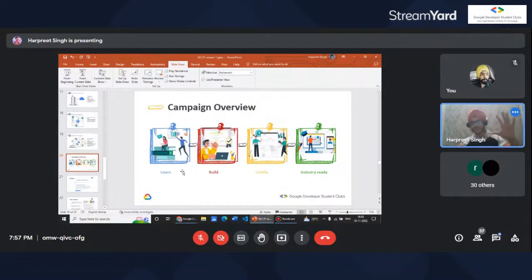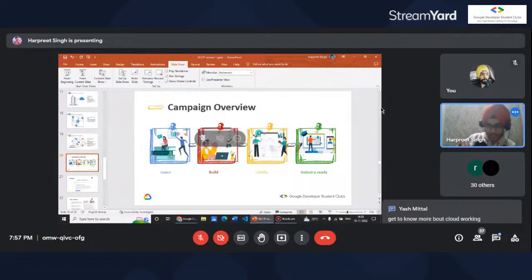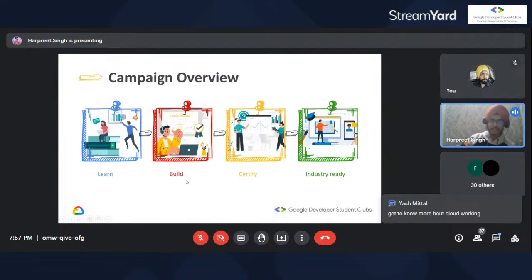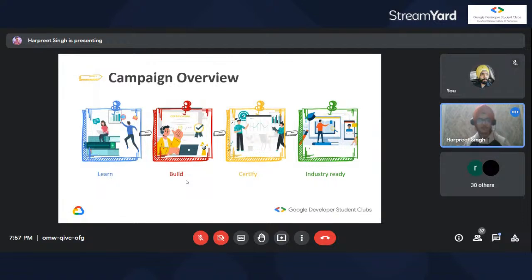Again, along with learning, you will be able to build the things. Along with learning, you will be building the things along with the labs which have been given to you in the syllabus. So we'll take a look at it later in the later half of the session. You will be building the things. You will get certified for whatever courses you do. What if you will be able to do the whole pathway? You will be certified for that. If you are just doing some courses of it, you will be getting a badge for it.